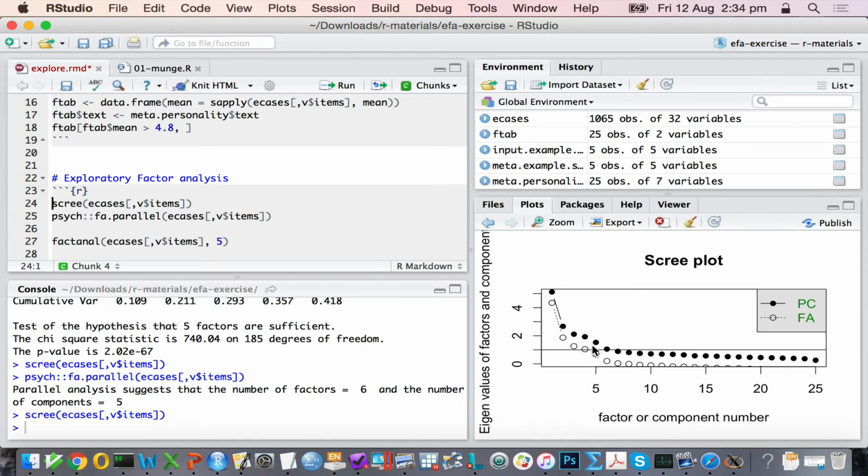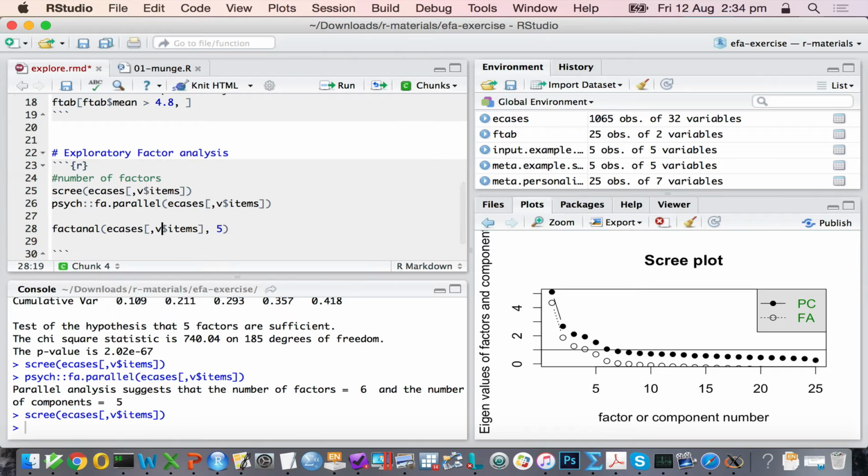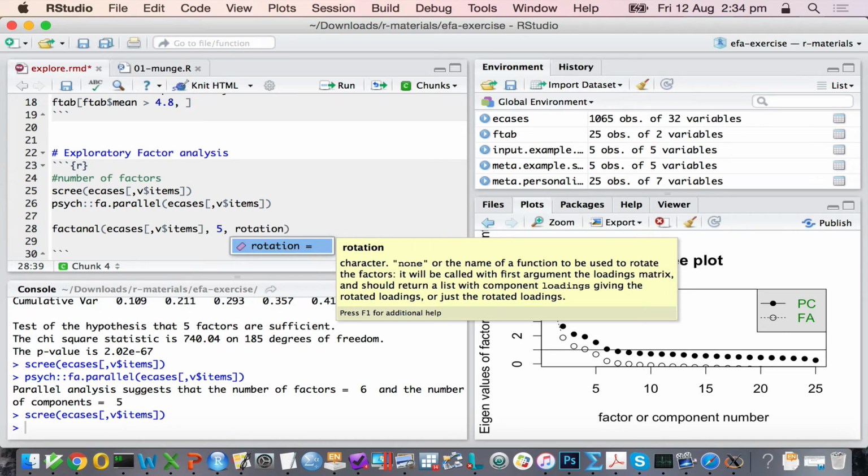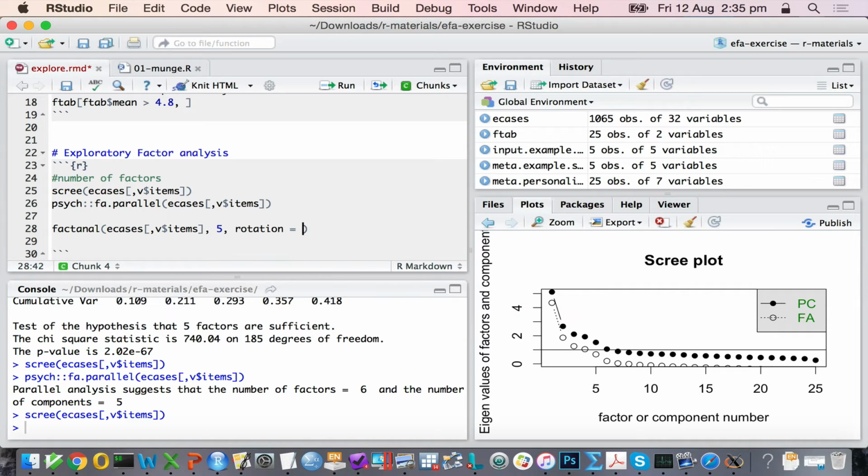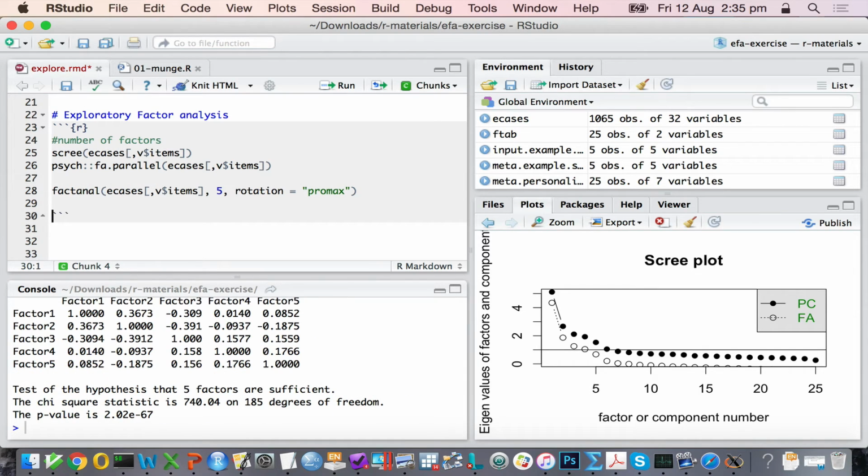Okay, so we've had a little look at the number of factors. So let's run this. One argument that's there is the rotation. By default, it does varimax. So that's an orthogonal rotation where factors are not allowed to correlate. If for whatever reason I like correlated rotations because I think they make sense, that they allow factors like extroversion and agreeableness to correlate, then you can do promax as well. Okay, so I ran that